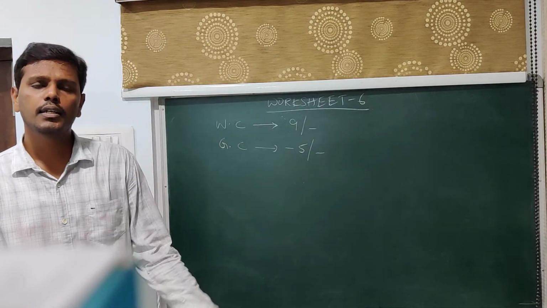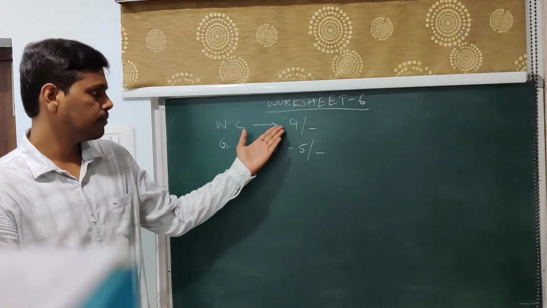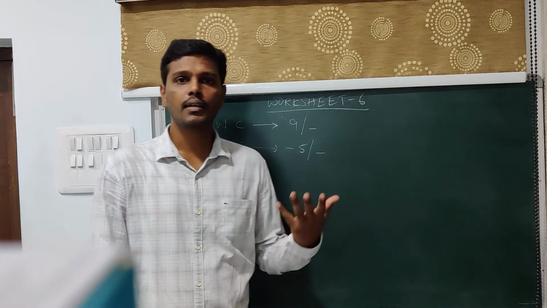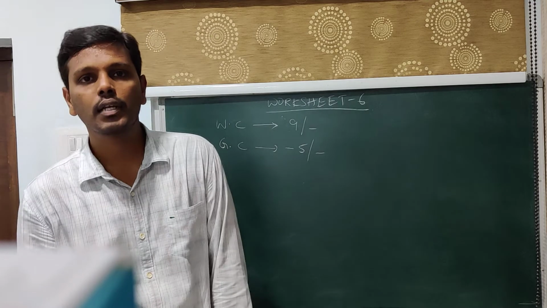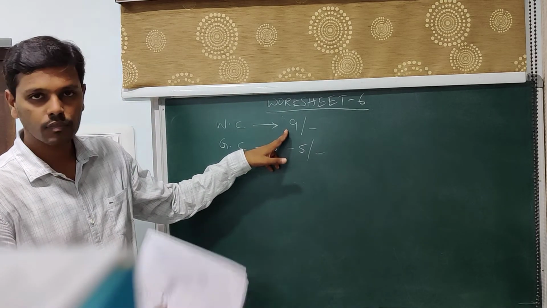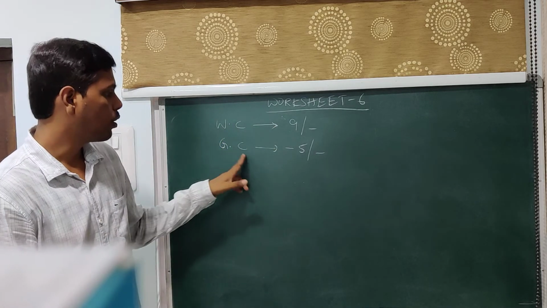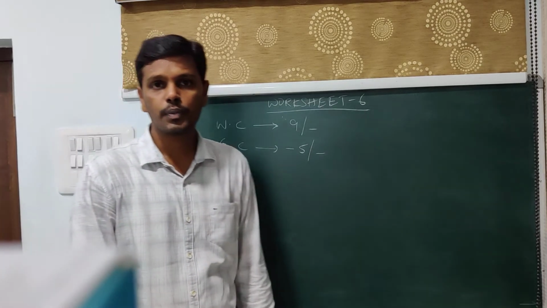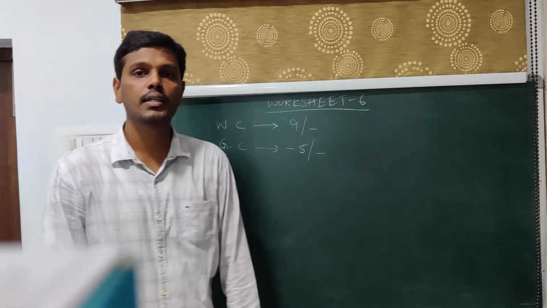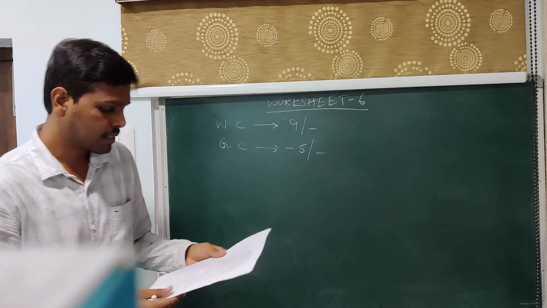The same thing I have interpreted. Instead of saying they are getting a profit of ₹9 and loss of ₹5, I am rather using the signs to indicate profit and loss. Whenever I use plus, I say that is profit, and whenever I use minus, I say that is loss. So on white cement, they are getting ₹9, and on grey cement, they are getting minus ₹5, which is the same as saying that on white cement they are getting a profit of ₹9 and on grey cement they are getting a loss of ₹5. Okay, so these are the initial details given.